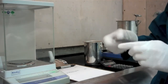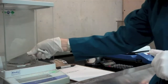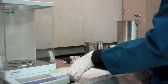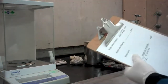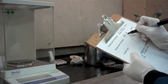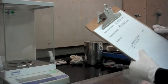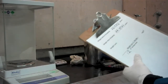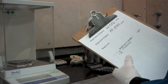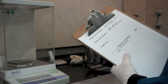So the last thing we need to do before we do our calculations is take a weight on the panel after stripping. And we're going to record that weight in our little notebook. 22.3924. So the last thing we have to do is just our calculations. And the first thing we're going to do is we're going to subtract our weight before stripping. We're going to subtract our weight after stripping from our weight before stripping. So